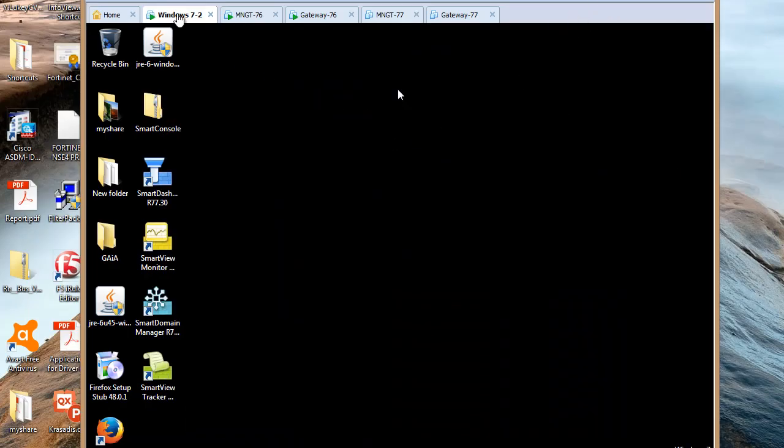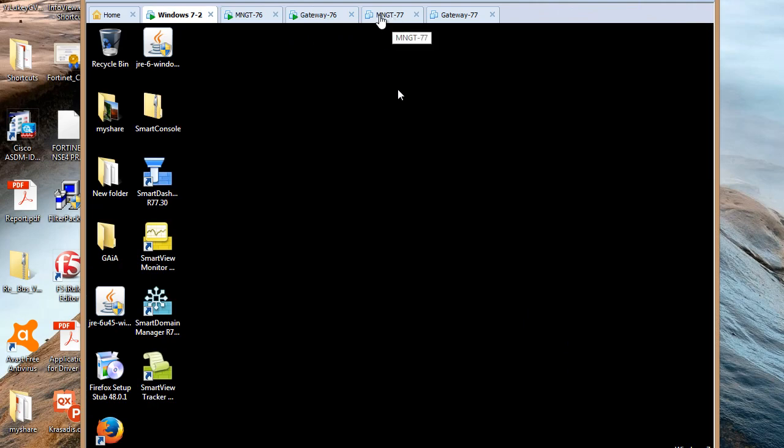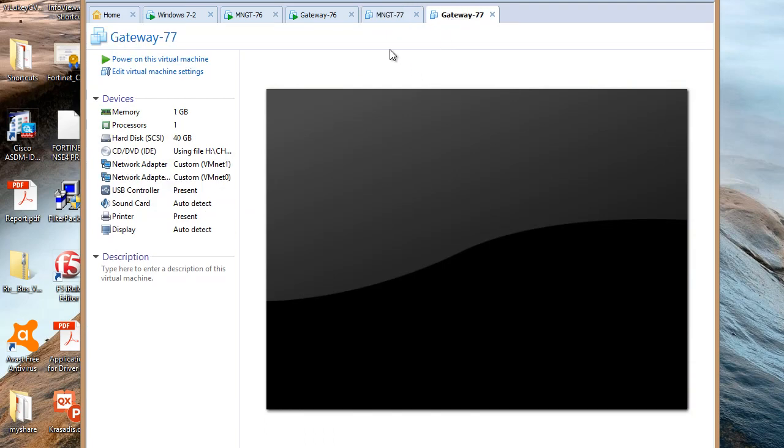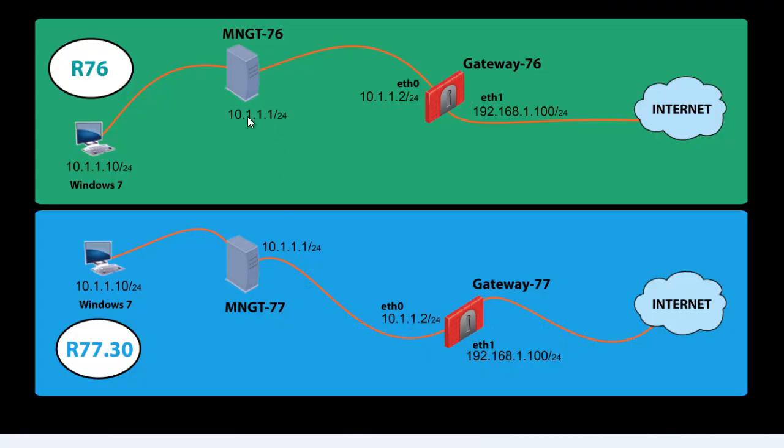I have my Windows 7, I've got my management server 76 and my gateway 76. As you can see, I've got a management server 77 and a gateway 77. They are not powered on at the moment, they're switched off. So if I go back to my diagram, if you can have a look, every single IP address that I have given this topology is exactly the same in this topology, and the reason for